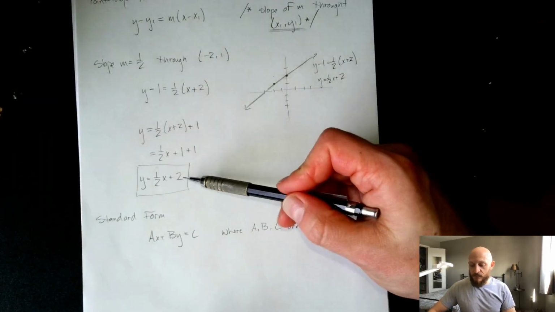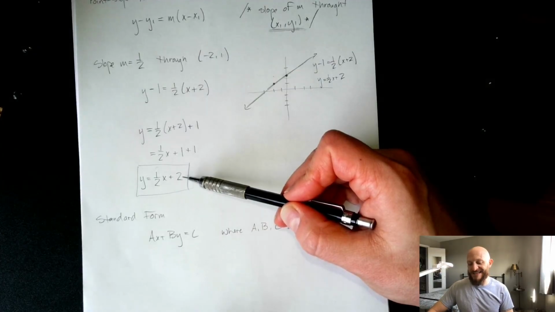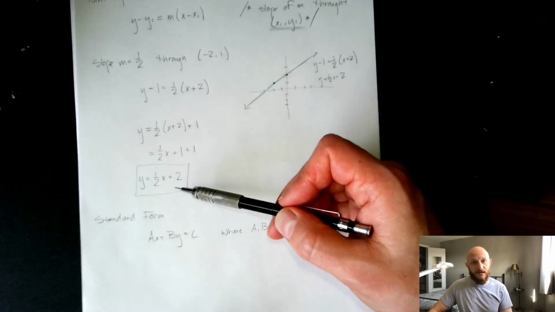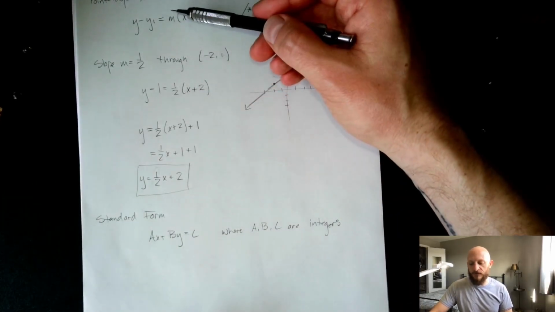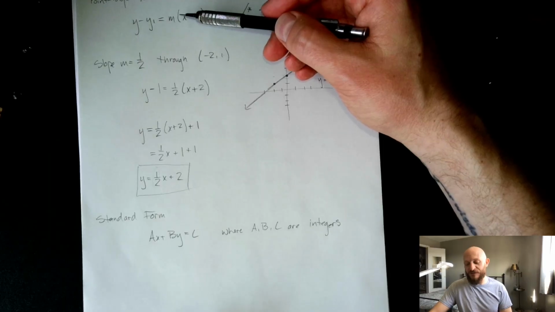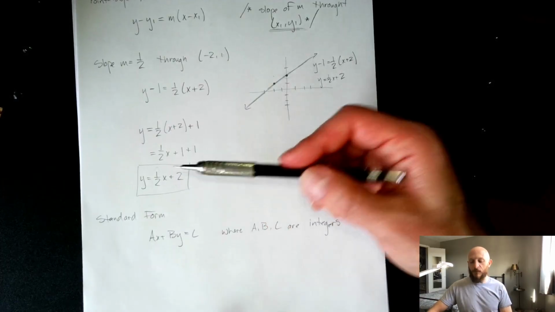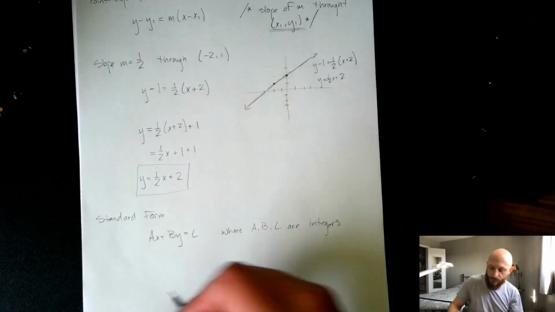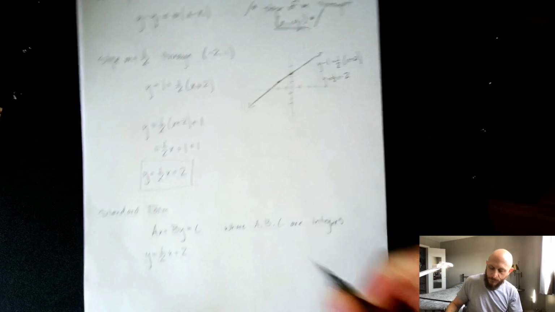But maybe what might be a little bit more common is if you're given an equation in either point-slope form or slope-intercept form and asked to write it in standard form. So if it's in point-slope form, what I would do first is, again, solve it for slope-intercept form. Then from slope-intercept form, the first thing that we have to do, like this one, y equals 1/2 x plus 2,